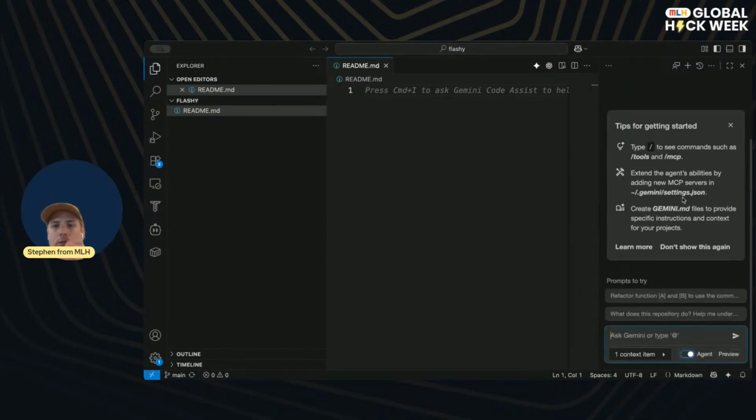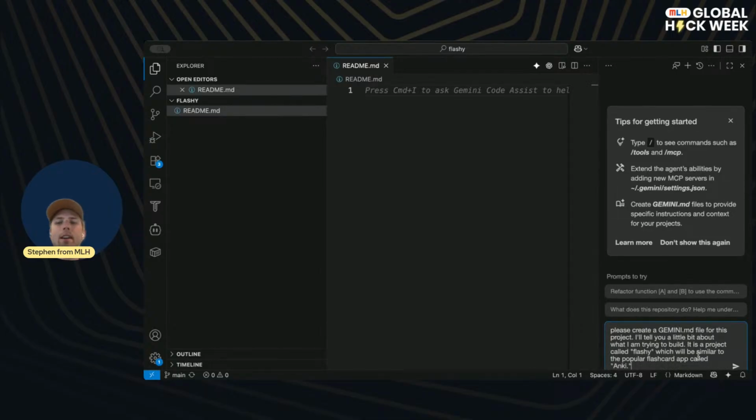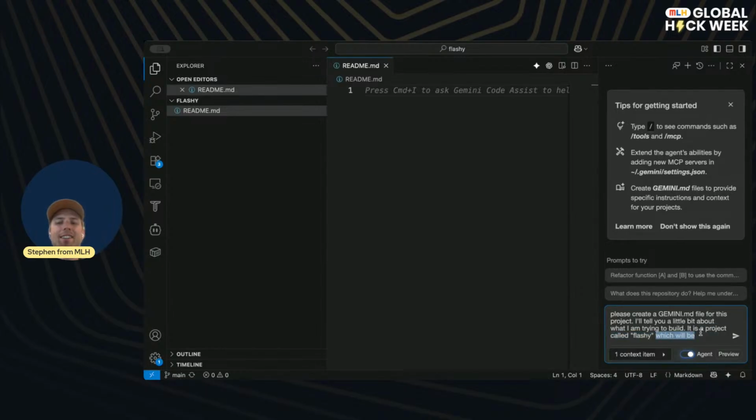So what I'm going to do is start a new chat. And I'm going to try and build this Gemini.md file to give specific context and instructions. So I'm going to say, please create a Gemini.md file for this project. It is a project called Flashy, which will be similar to the popular flashcard app. Actually, let's keep that out of there. I feel like that's maybe a little bit copying their work. I don't want to copy their work, but it is a project called Flashy, which will be